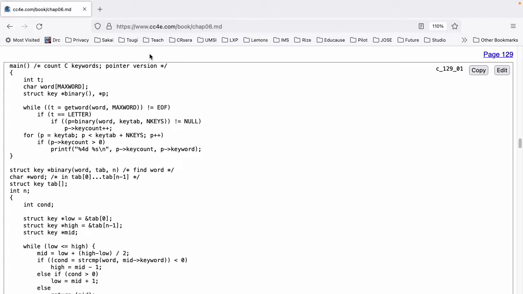for (p = keytab; p < keytab + nkeys; p++) if (p->keycount > 0) printf("%4d %s\n", p->keycount, p->keyword);